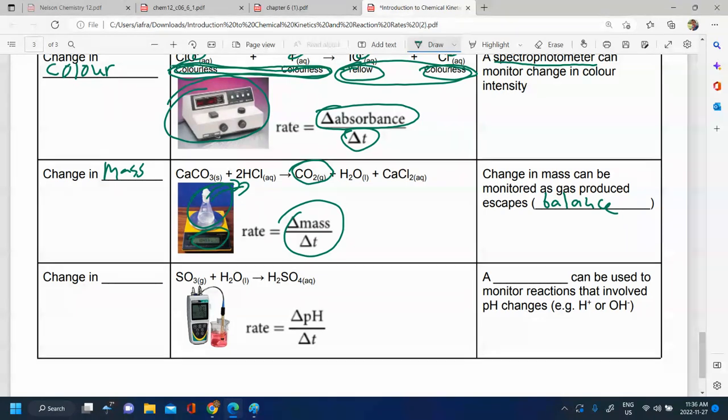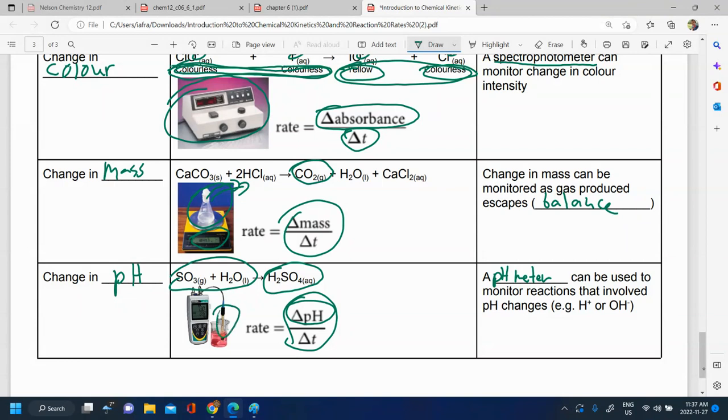And although this is not a complete list, we're just going to end at this last one over here. You'll notice in this chemical reaction, you have an acid that's produced. And when you have an acid that's produced, you're going to change your pH of your solution. So you can also monitor the pH of the solution and see how quickly that's changing. Whether it's becoming more acidic or less acidic due to bases, you might want to monitor pH change as a way to give you an idea as to how fast or slow your reaction is going. So you can use a pH meter,